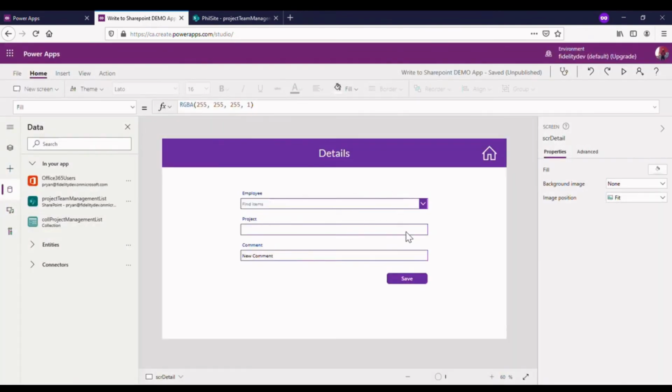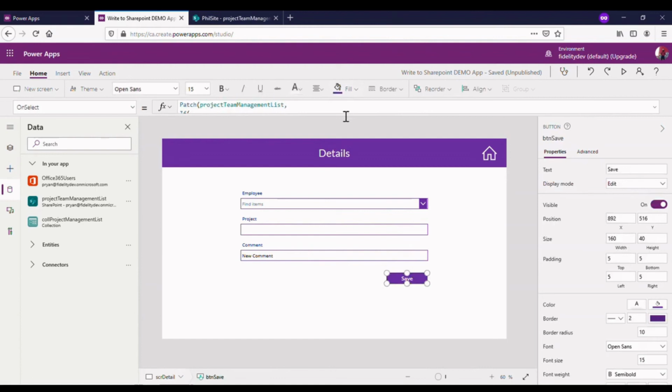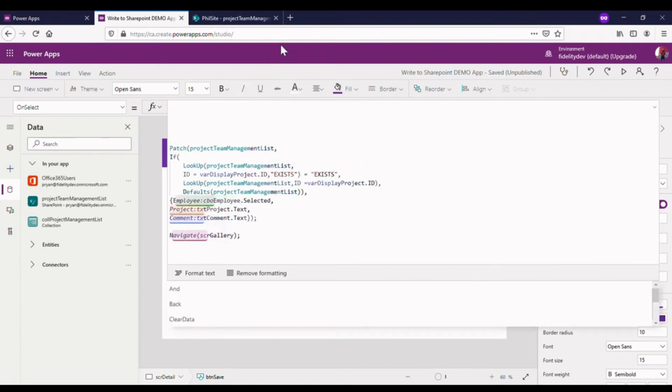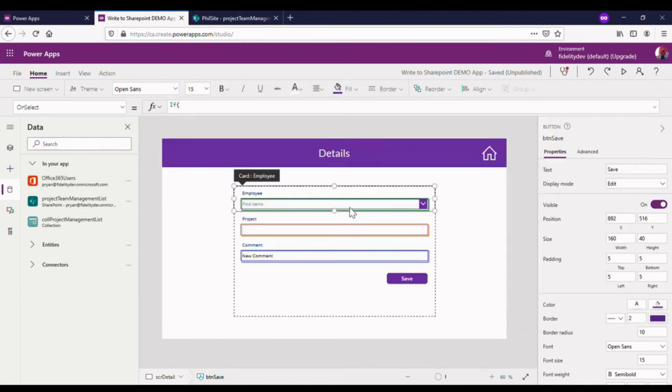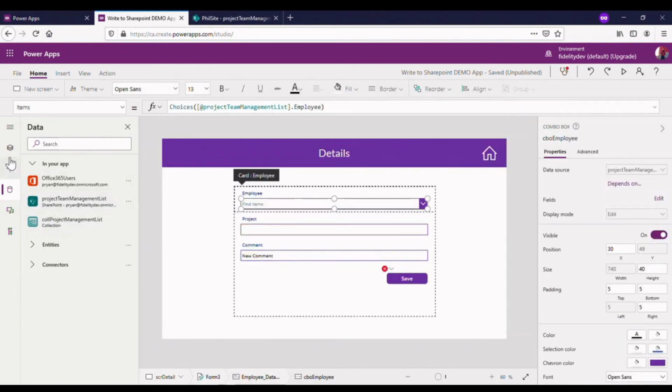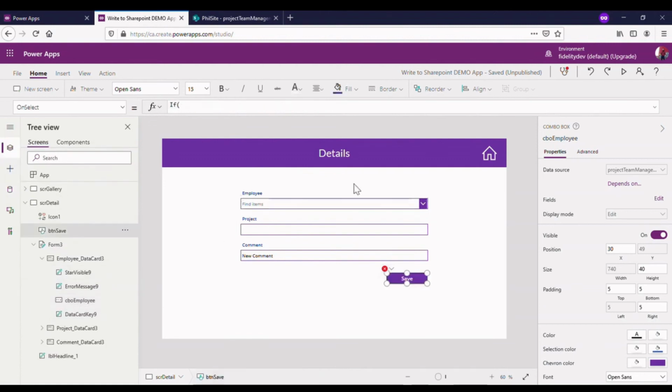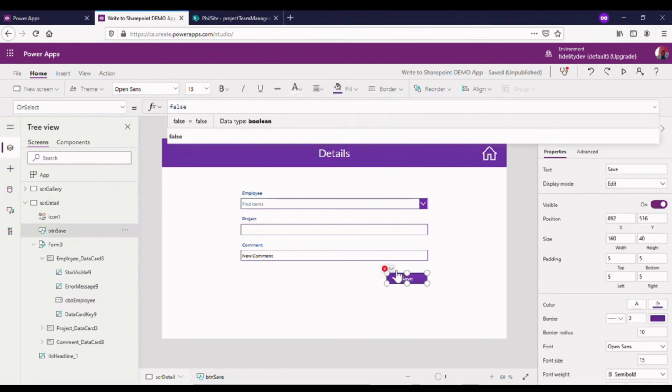So I'm going to put it on my save button here, and we're going to look at what's going on throughout the app. So I'm going to put in an if, and we're going to look at each of these fields. So this field here is called our CBO employee. So if our CBO employee is blank,